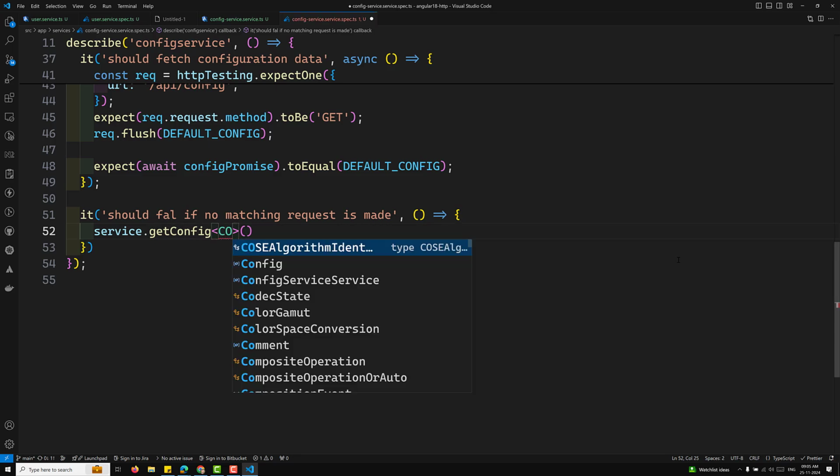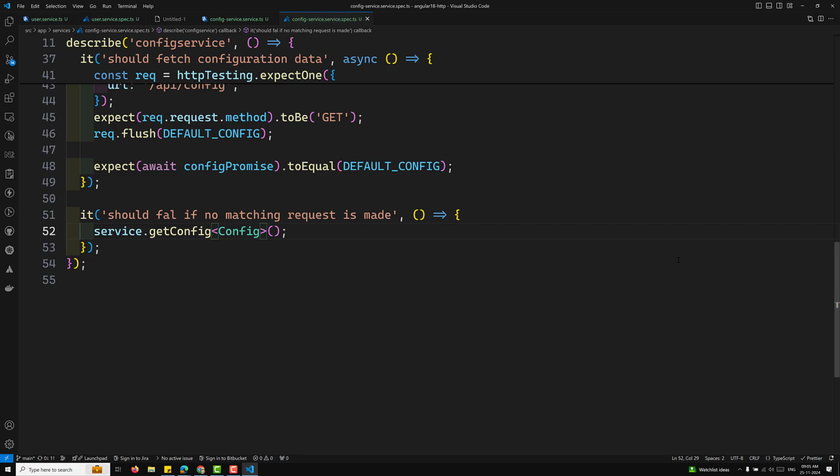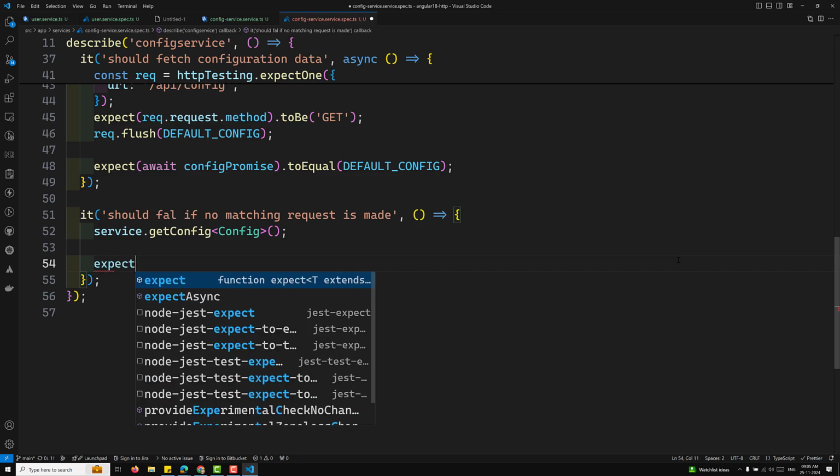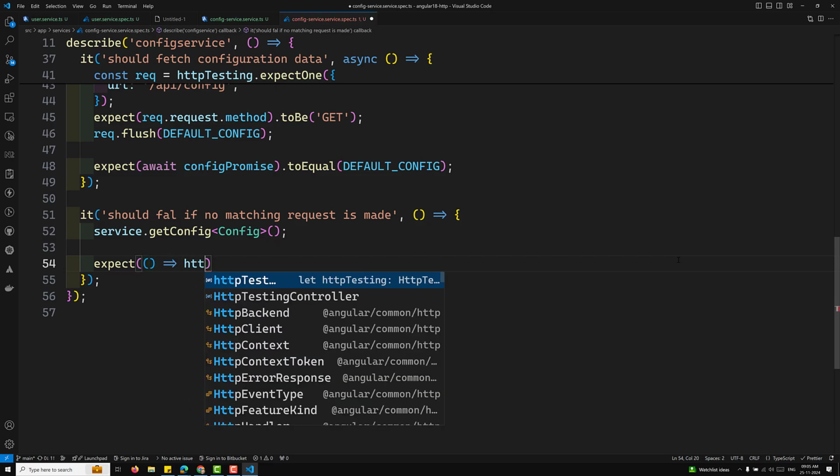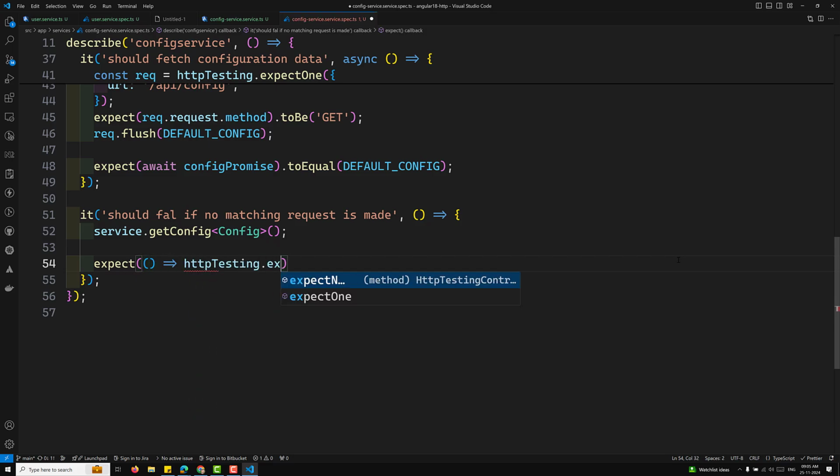So here I will be getting the config, so I am calling this service dot get config. So when we call the service, we need to expect it, so the shortcut I will write it. So expect the method. So here I will be getting HTTP testing dot expect one. So we got this one method,